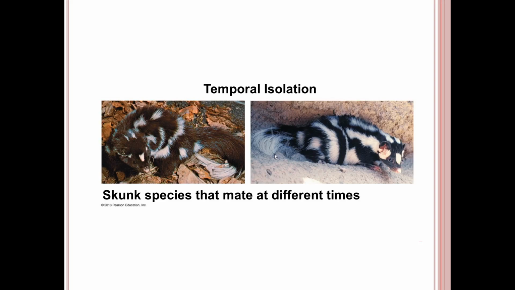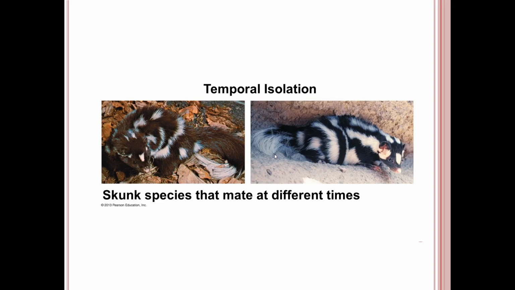So, for example, if you've got these two different skunk species that are living right next to each other, maybe they're both diurnal, so they're active during the day. They see each other. They're of the same genus, but just a different species. They could potentially mate, and maybe if you brought them into the zoo and you put the egg and the sperm together, they would make a hybrid, but that's never ever going to happen in nature because they mate at